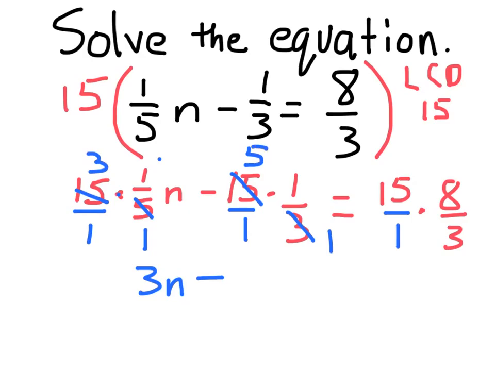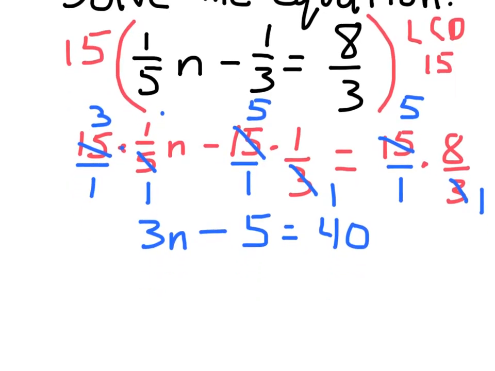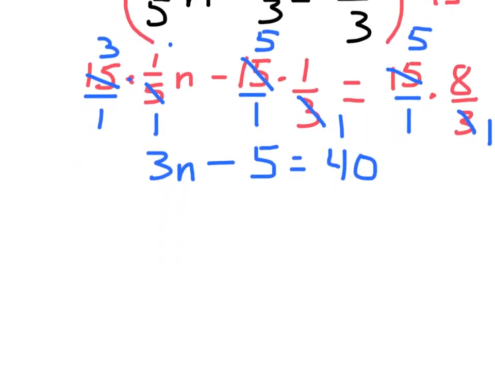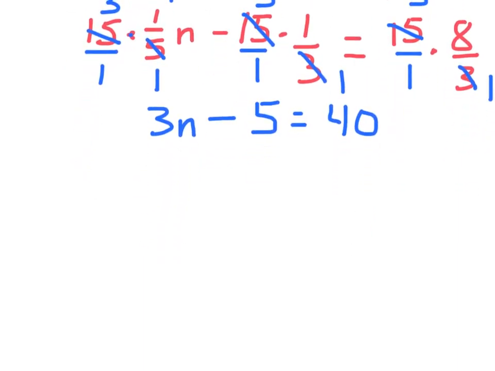Now I'm left with 5 times 1, which is 5, equals, now here, 3 divided by 3 is 1, 15 divided by 3 is 5, and on the back side here I'm left with 5 times 8 is 40. Now notice, every one of these terms would have a denominator of 1, but I do not need that. Now we're just going to finish up by solving this equation. Alright, to do that here, we're going to add 5,